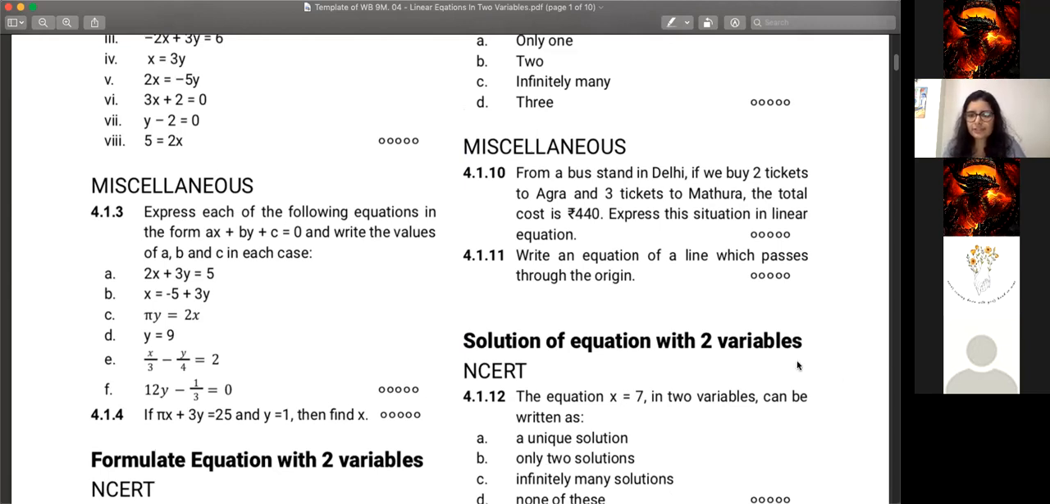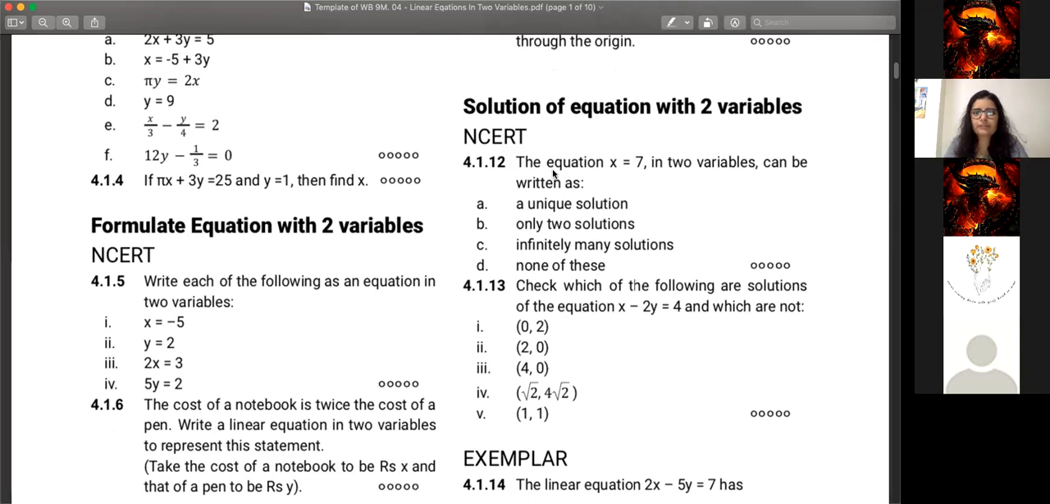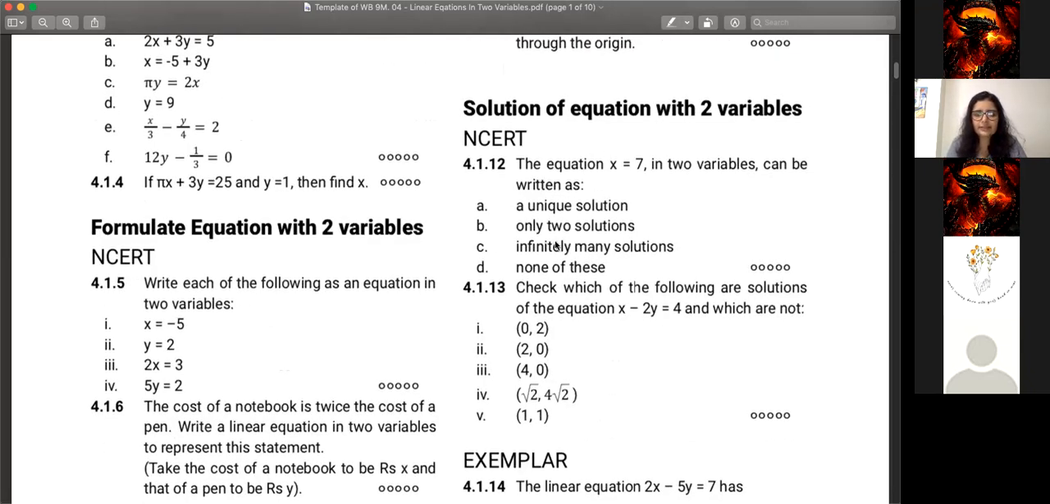So I am sending question 10 ka answer. You need to send a linear equation. Either it's a typo or I don't know what happened there. Two tickets to Agra, 3 tickets to Mathura. So फिर total cost is 440. Express the situation in linear equation in 2 variables. Very nice. मिल गया. Okay, question number 12. The equation x equal to 7 in 2 variables can be written as, oh, question galat hai, but in any case,